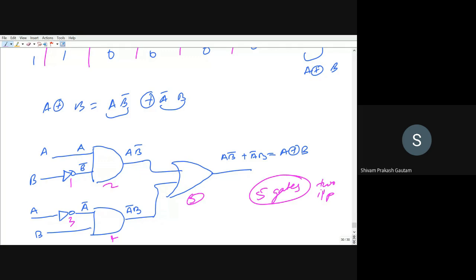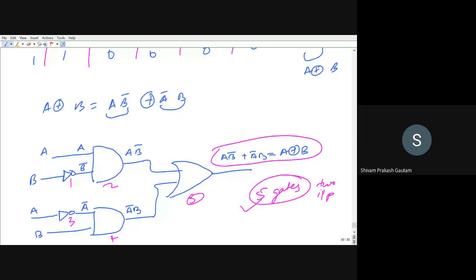But as of now, at the starting point, this is the way how we can draw this logic, right? You see, there are techniques using which you can reduce the number of gates and still get the same output expression, right? Let us focus on this. Okay, step by step we will move forward.